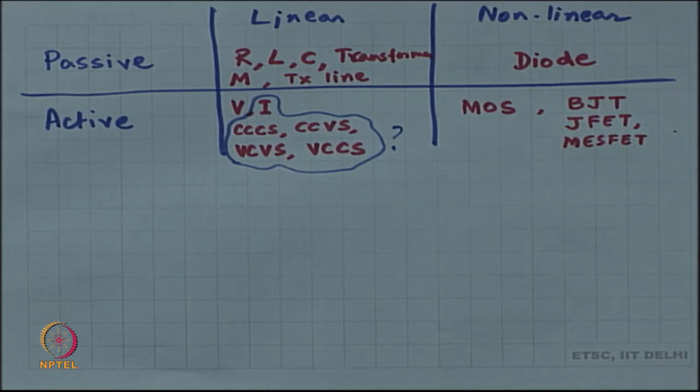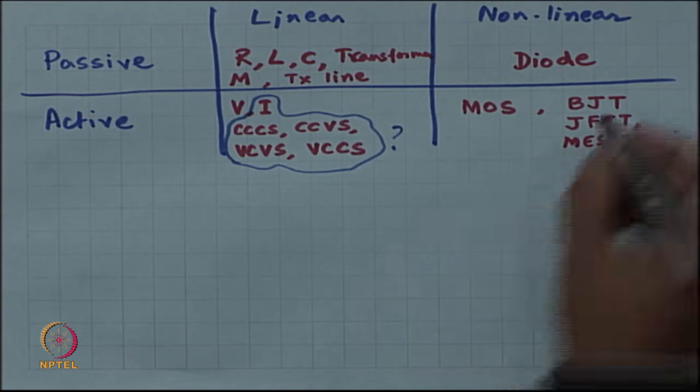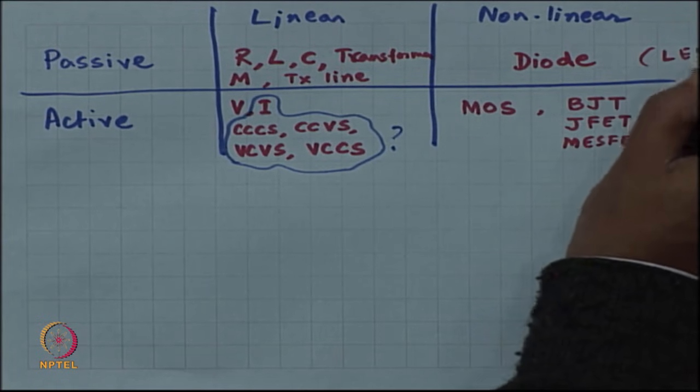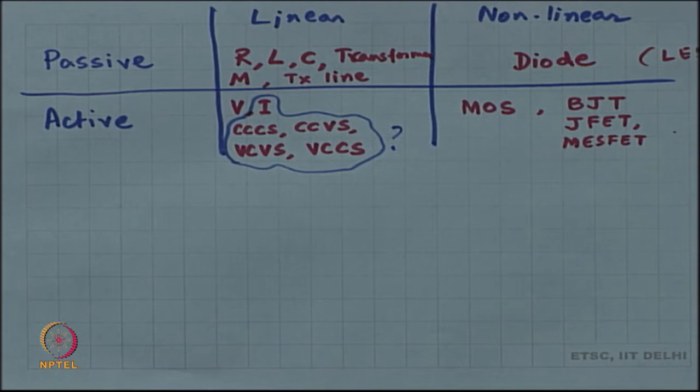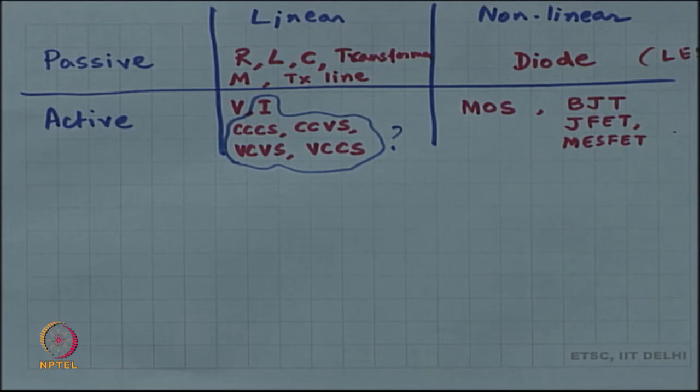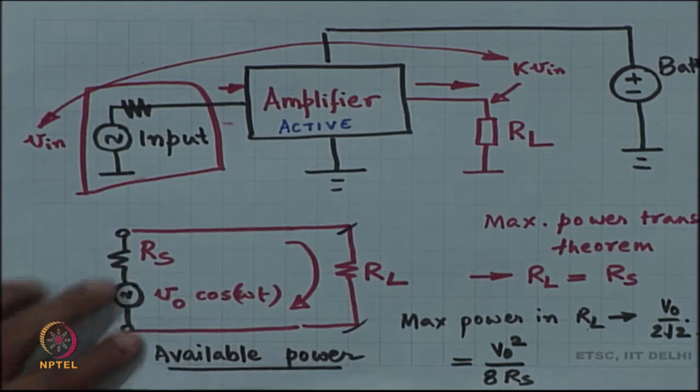What about the LED, the light emitting diode, what is it? Active, passive? Okay. So, it is a diode. Light emitting diode is non-linear, but it is a passive element, it is just a diode. Alright. So, this covers the spectrum of non-linear, linear components, and going back to this discussion of the amplifier,